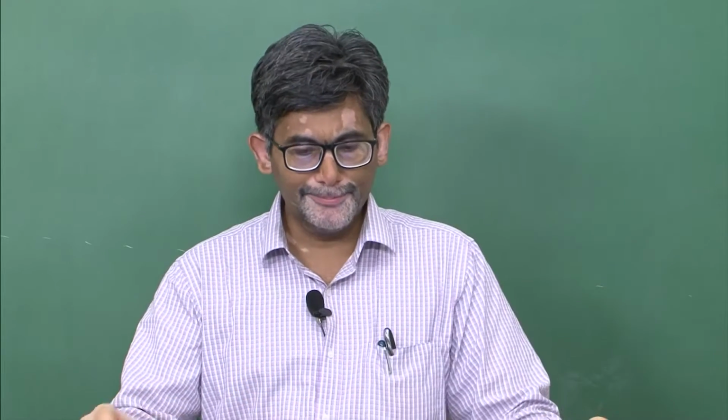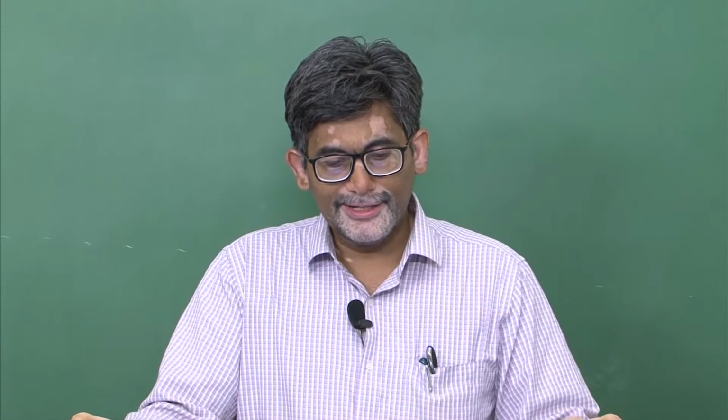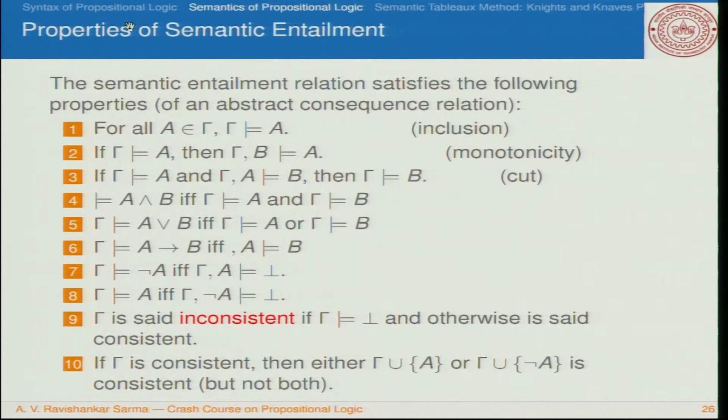These are some of the important properties that classical logic obeys in particular. There is one interesting property that we need to highlight here, the monotonicity property, that is the second one. If A is a logical consequence of gamma, then you can add some further statement C to gamma, and from that A also follows. But in most cases that may not happen, for example in the case of conditional statements that we are going to talk about a little bit later.